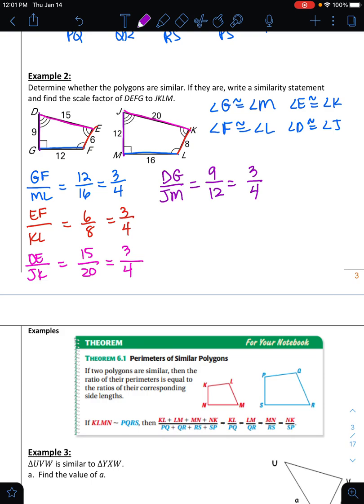All right, so determine whether they're similar. Yes, they are. So let me just kind of put a box around here. Here's what I'm looking at. So 3/4 is clearly equal to 3/4. Therefore, these are proportional. So a similarity statement is,